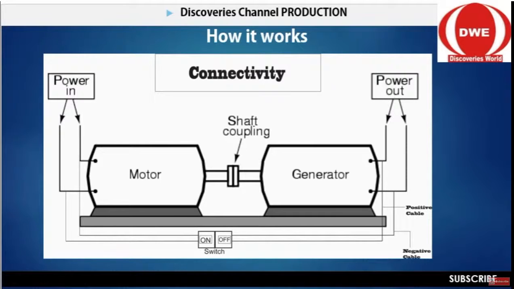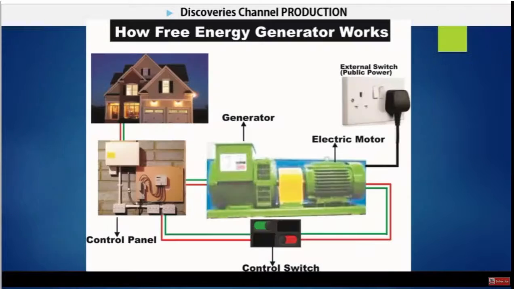Now let's go further and see it in this diagram here. I think I will explain better because you get a practical view. This is the graphical representation of what I'm trying to explain. This is the input power for the electric motor. That is the power from the wall, from your wall socket. That's public power, with an external switch. This is the power from the outside.